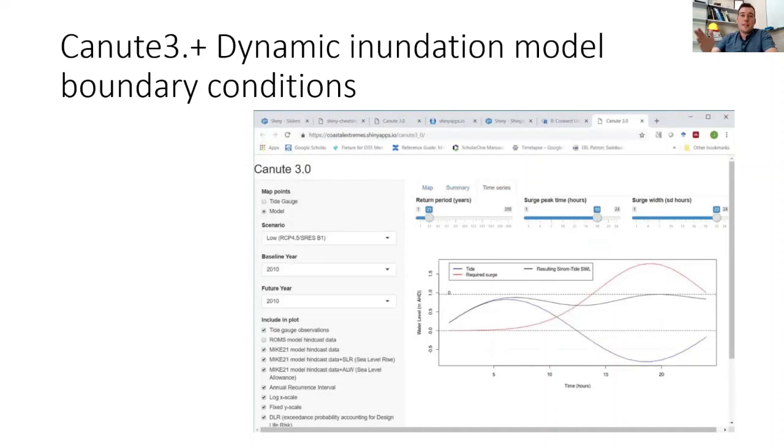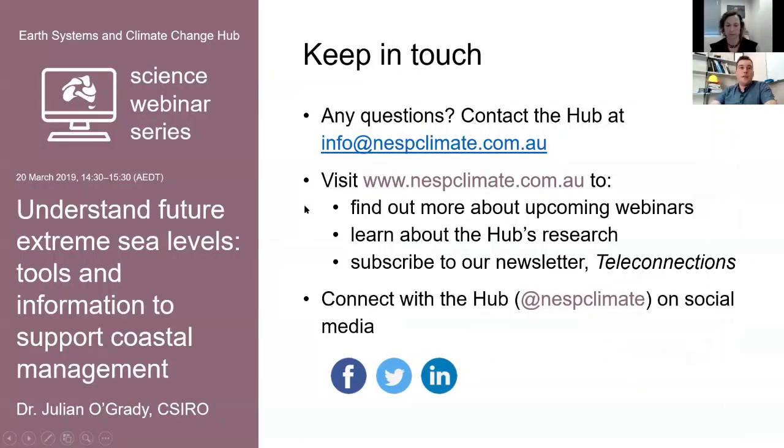Part of the NEST Hub, another project we're involved in, is looking at the CFAST model, the city scale flood simulation tool, to look at dynamic inundation for local infrastructure. Okay, so I think I'll conclude there about the Canute tool and future versions,